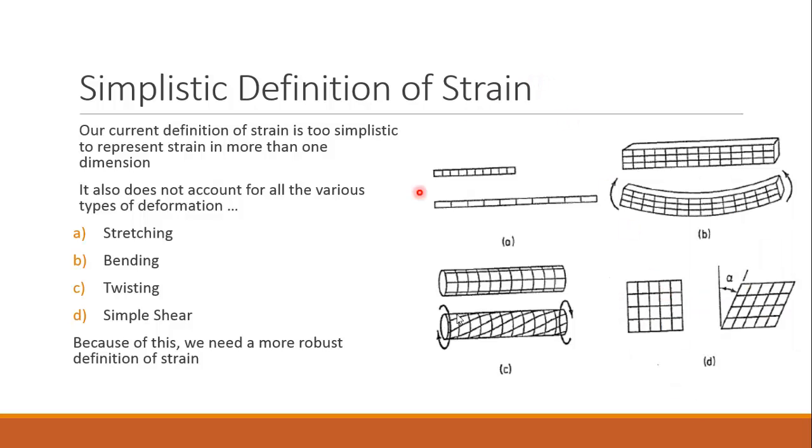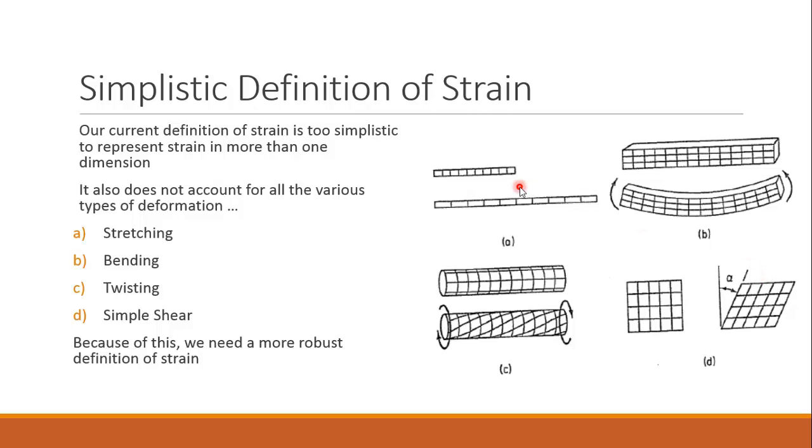Okay, for that reason, I want to take a minute here and look at 4 basic types of deformation. Now recall strain is a measure of the rate of deformation. Type A we can handle with our basic definition of strain, the stretching. But what about bending strain? That's where we automatically see we have strain in more than one dimension and we have some curvature involved. Or twisting deformation. Now that's an interesting one. And finally, simple shear. Even though the term is simple, we can see there's a rather complex deformation that takes